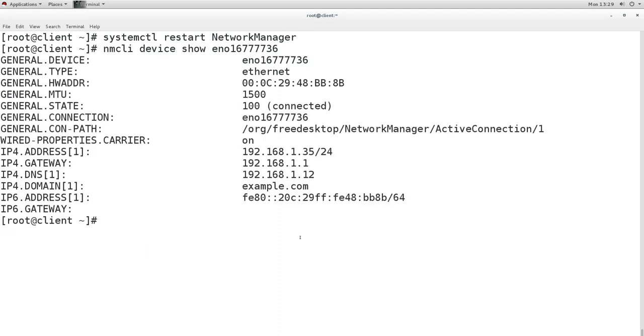And now we can see it is getting the IP address which we have fixed. So whenever this machine asks for an IP address, it will always get this IP address. And this is how we can fix the IP address for some machines.